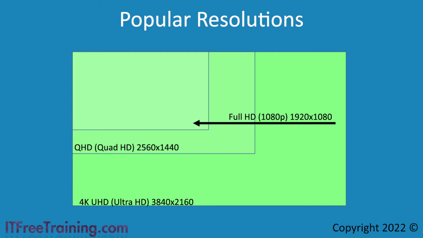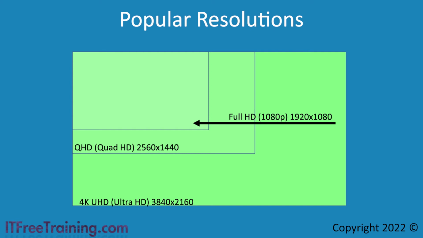You will notice that this is in reference to the number of vertical pixels rather than horizontal, which is the opposite of resolutions like 4K. The only other common resolution that this standard was used with was 1280 by 720, or 720p. However, as Full HD became popular, you really stopped seeing 720p being used anymore. You will find that 1080p is still widely used. For example, our videos are all done in 1080p. This resolution gives good quality for videos like training videos. However, if you are filming live action, you may want to start looking at 2K and 4K.